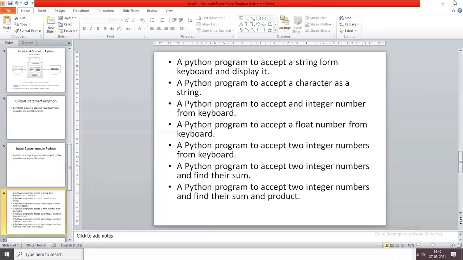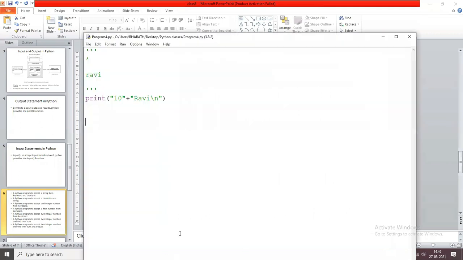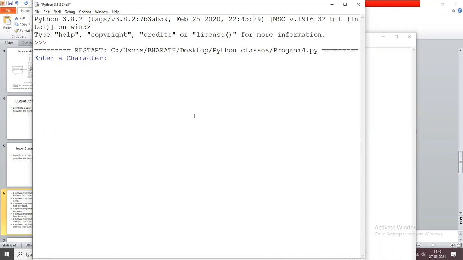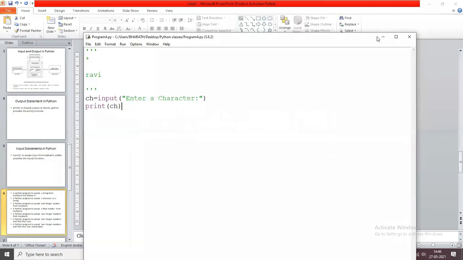So here you enter ch equals input, enter a character, and print that character ch. Enter a character. For example, I enter m. It displays m.